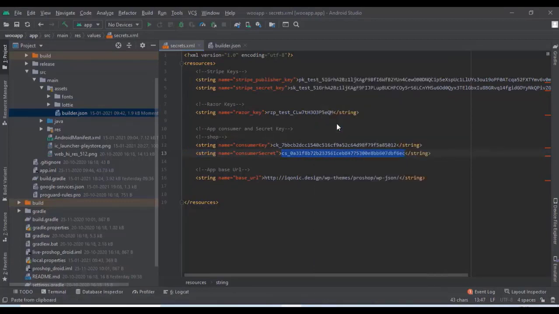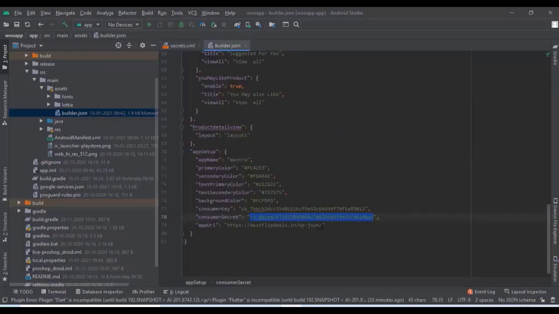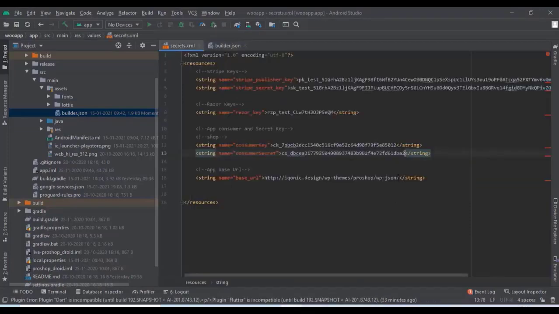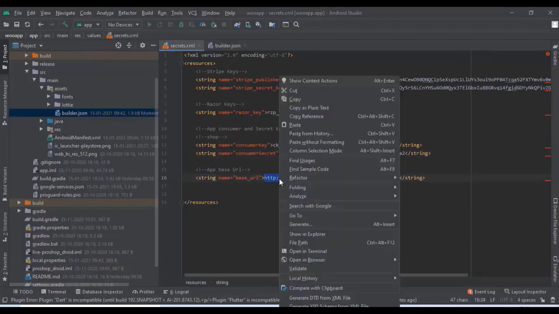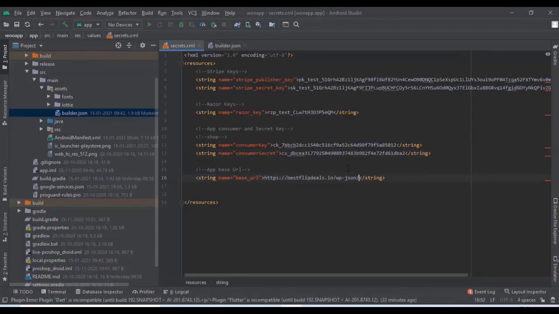You can change the base URL also from the builder.json file. Just copy that also. App URL, just copy that and you can paste it in the secret.xml. And now we have to get the Razorpay key,